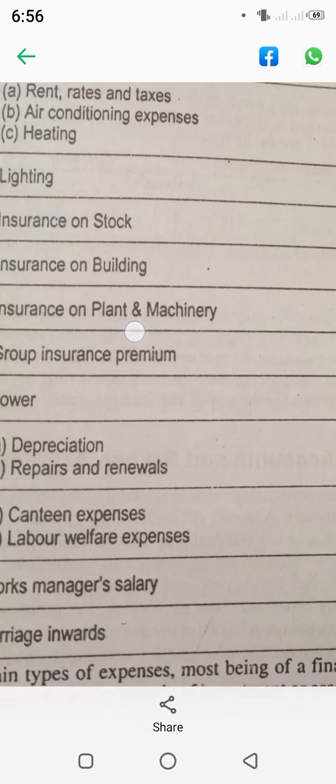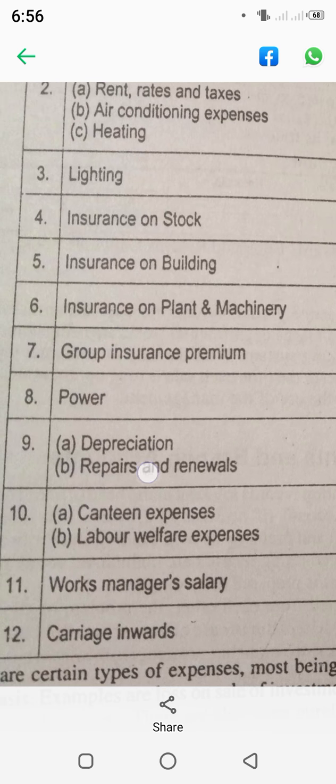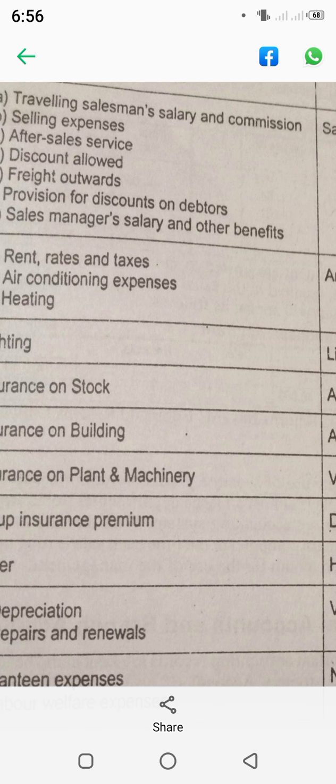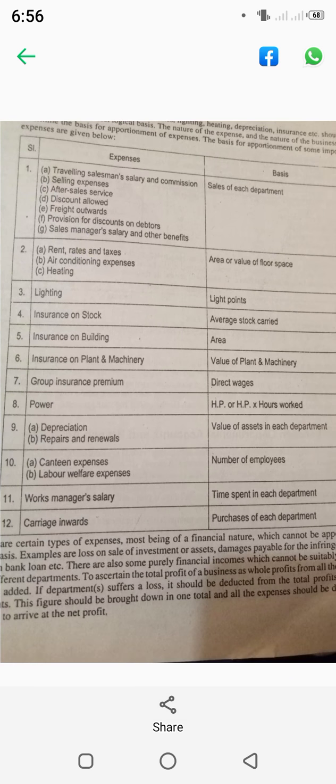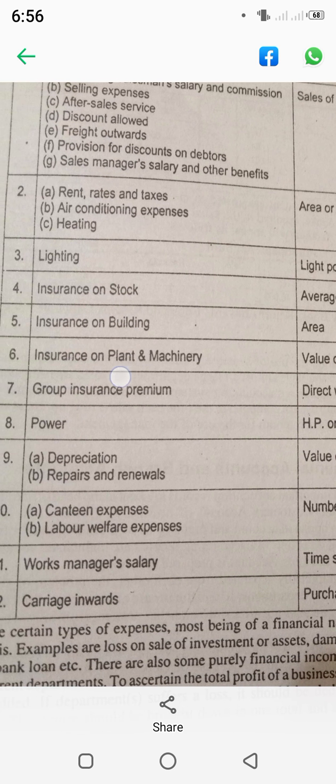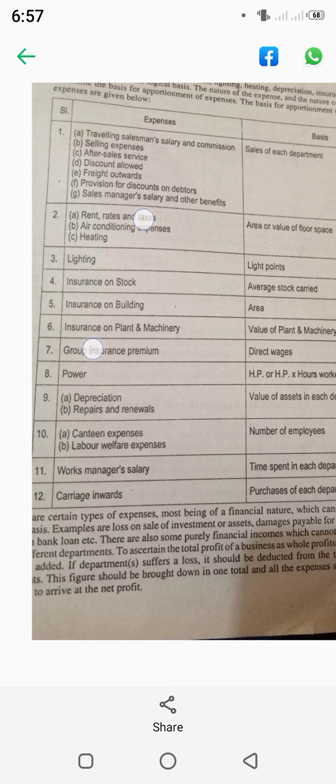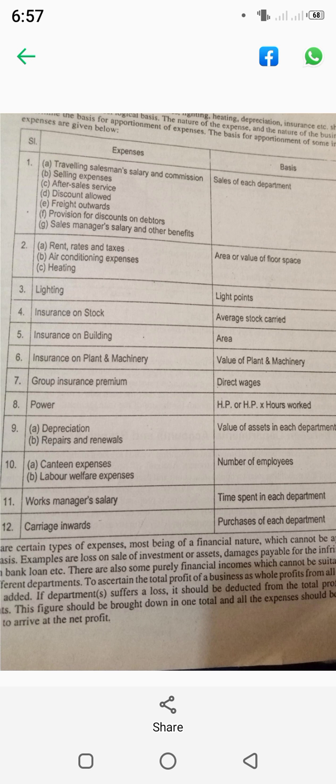There are so many headings in this table. And if I'm going to memorize this table, how can I solve the question? Because my whole concentration will be towards this table. So don't worry. Don't take any tension. It's not as difficult as it seems. How is it possible? Look at the question, or look at the table. First one, traveling,